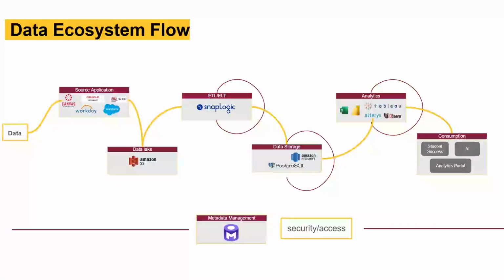All right, so as we've talked about, this is the flow that the data goes through on its journey throughout the university. We're starting with the raw data from the source applications. This could be something like Canvas, Workday, or Salesforce. It's then sent to an S3 data bucket. And from there, we have our ETL work, at an enterprise level, through a tool called SnapLogic. That ultimately is what's pushing our data into our data storage. So this is, as I mentioned earlier, our enterprise data warehouse, analytics user database, or operational data store.